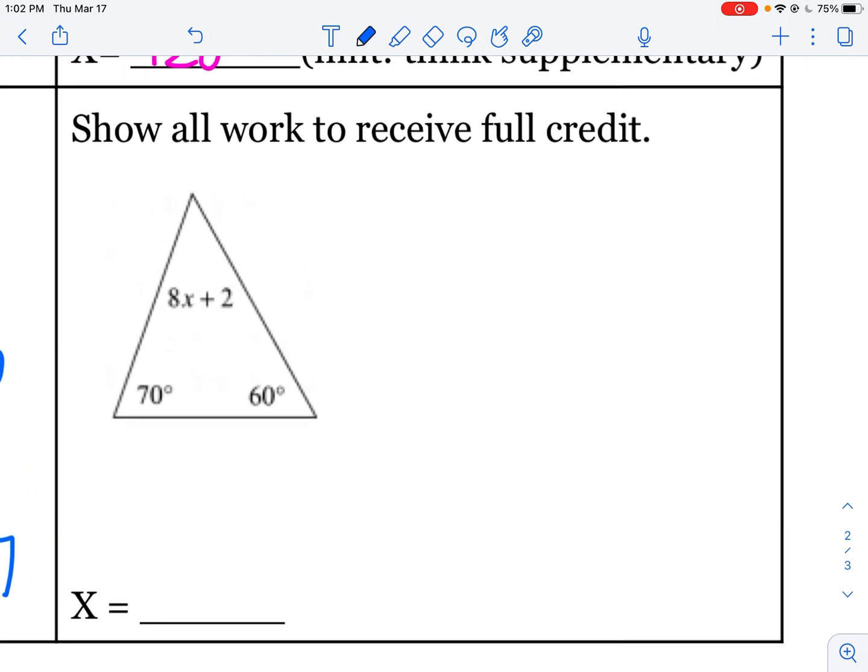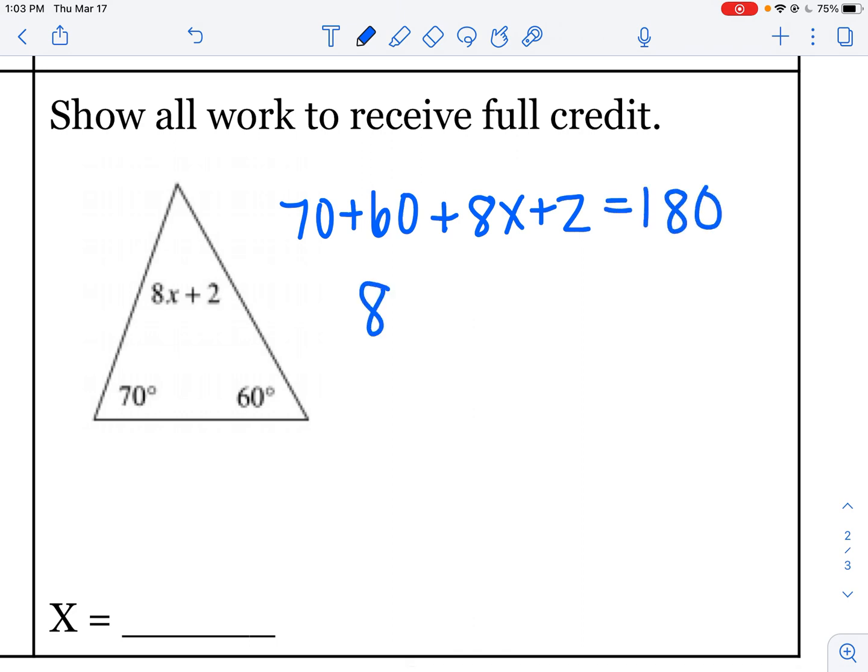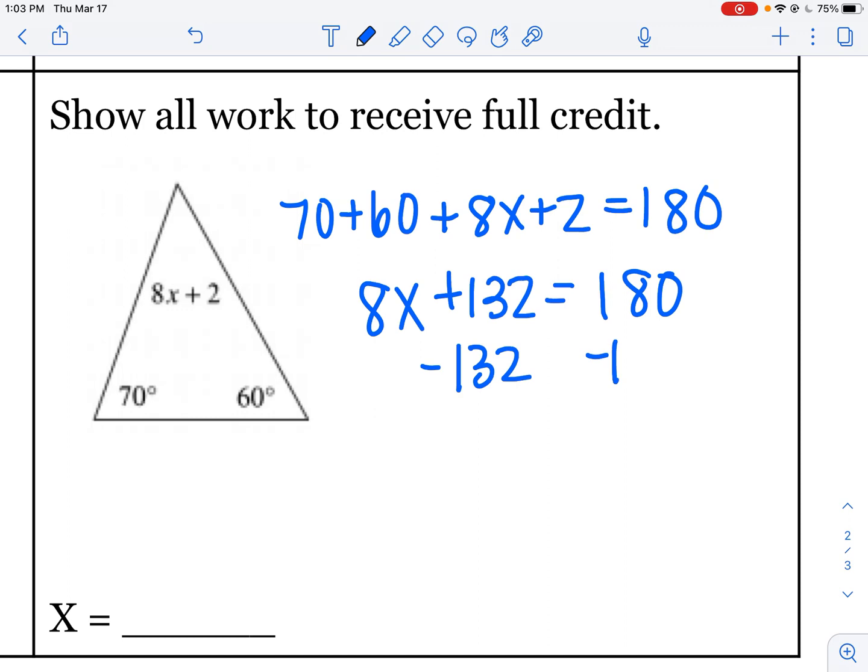And then the last practice problem is, again, adding those angle measures up, adding the expressions up, setting them equal to 180. You have no x values to combine, so that 8x is going to stay all by itself. But you do have 3 whole number values that equal 132. When you subtract from both sides,